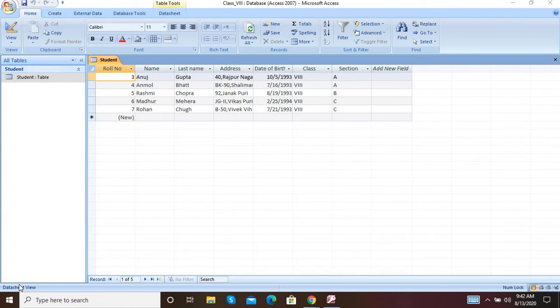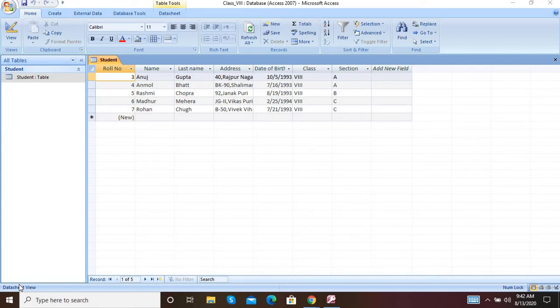Modifying means adding a column or row in your table or deleting a row or column. Then how to create a table in datasheet view, design view, and the primary key, adding a primary key to your table. These are all the topics we covered in the last lecture.